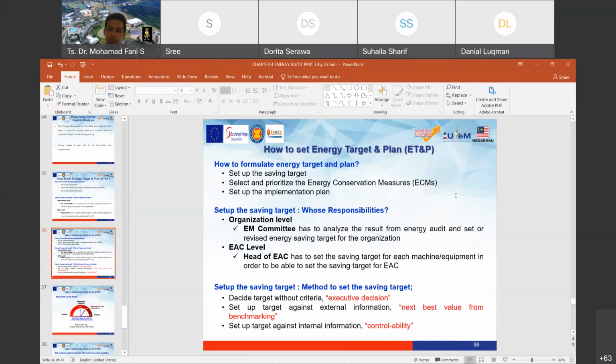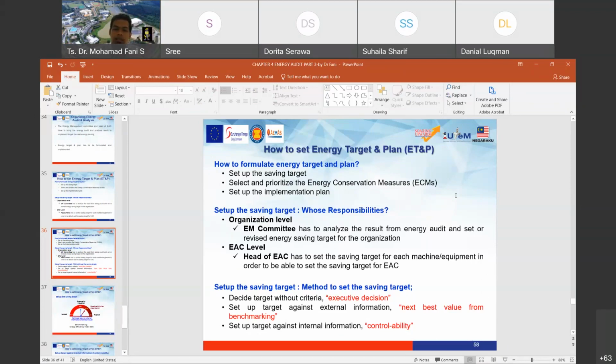So inside the ETP, please write down, for example, ECM number 1. What's the person in charge? What are the responsibilities to do this ECM number 1, ECM number 2, ECM number 3? What's the period to finish this ECM? Make it proper with the target and also the plan, and put the responsible person